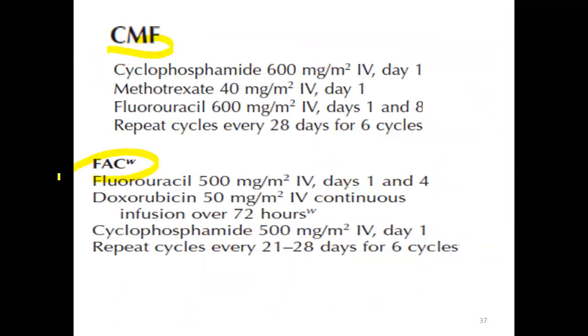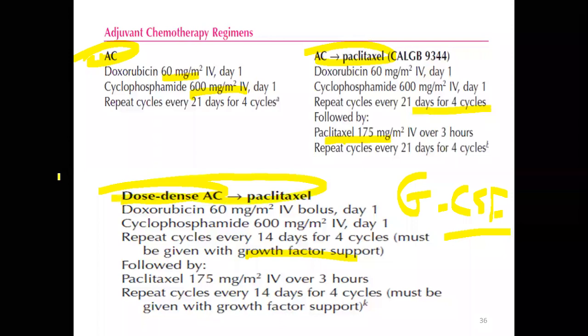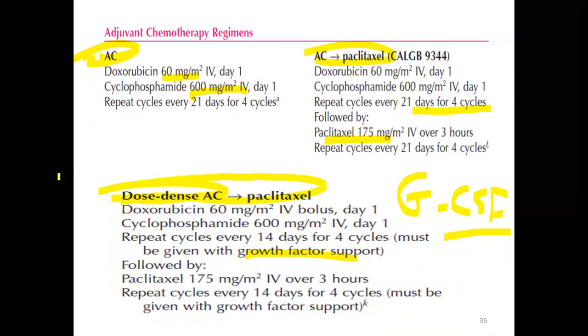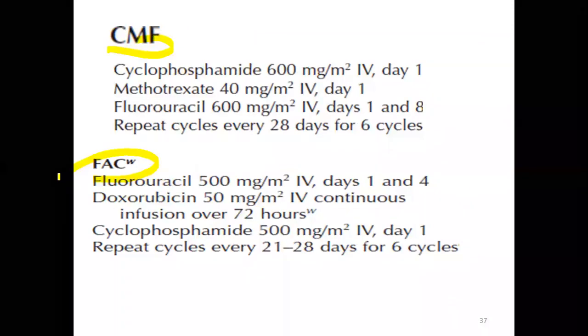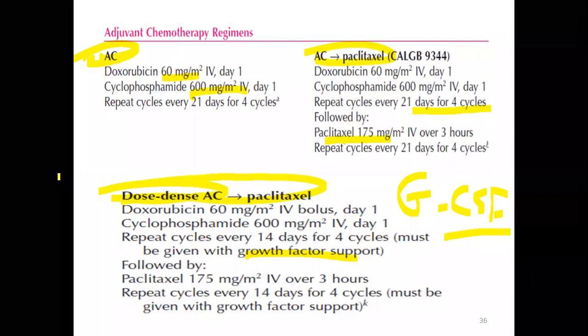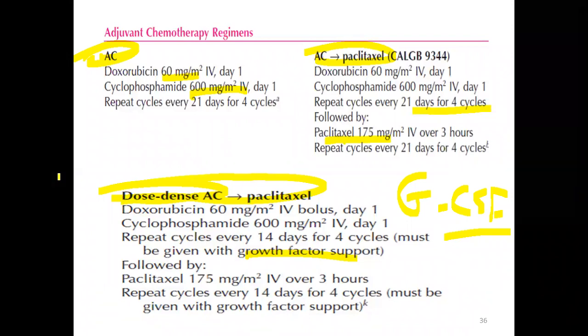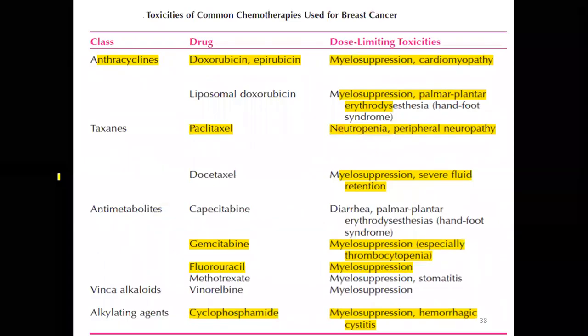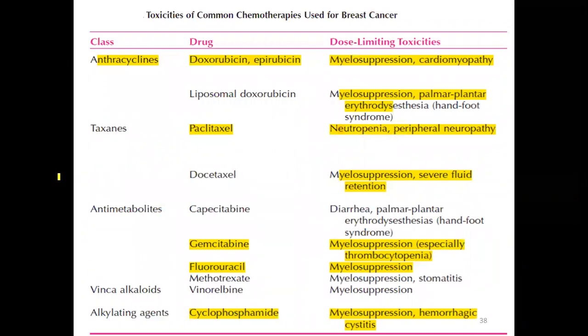Anyway, when you get time, you can familiarize yourself. But remember, you are not supposed to cram, but you have to know the principles of the management. So AC followed by paclitaxel and so on. For how many cycles we are going to give, then you monitor. By the way, if the patient is not responding within 2-3 cycles, they can even change the regimen. But this is a general recommendation we are going to give for breast cancer. Now, can I take you through the dose-limiting toxicity of some of the drugs used in management of breast cancer?